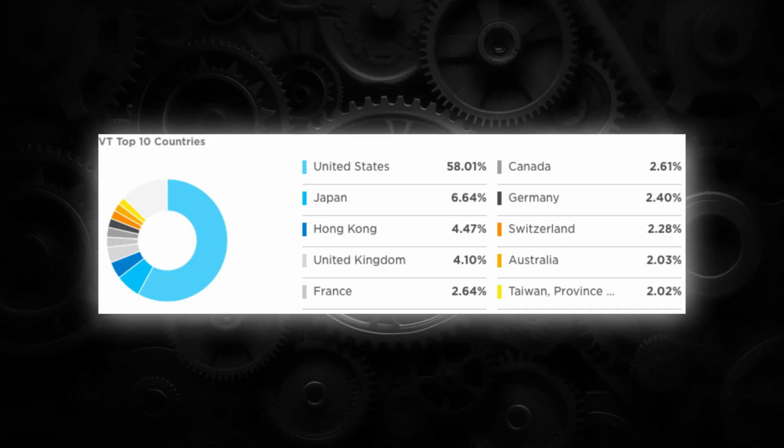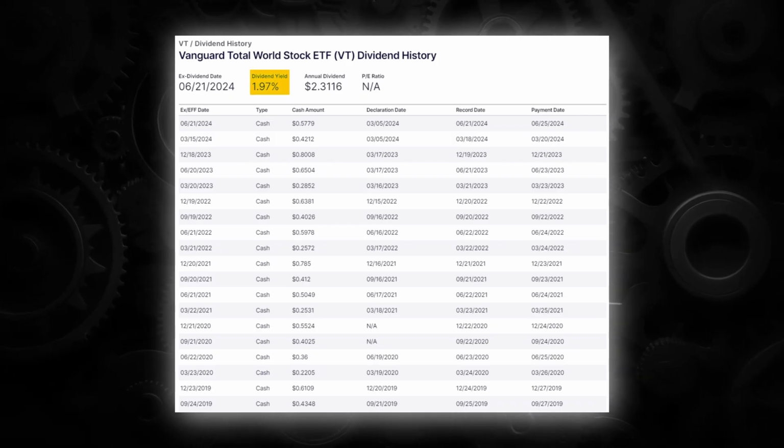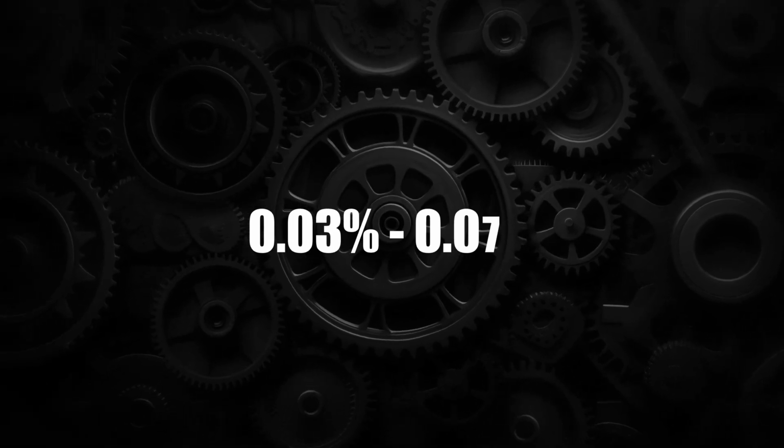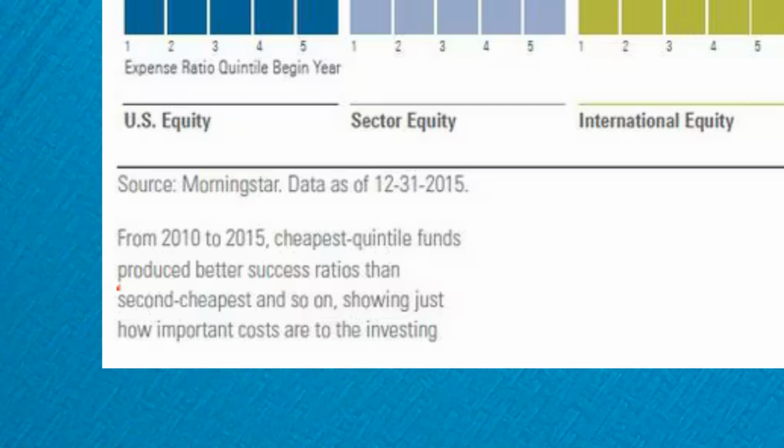VT has low volatility and similar movements to VOO and VTI, but includes global exposure. Its diversification across many countries and stock sizes makes it a strong choice for those seeking worldwide investment exposure. The VT also has a higher dividend yield compared to US stocks. Overall, any of these three ETFs, the VOO, the VTI, or the VT, could work well for a one ETF portfolio strategy. And the best part is that they only cost you between 0.03% and 0.07%. And remember, Morningstar studies have consistently shown that lower costs in your portfolio directly correlate with higher